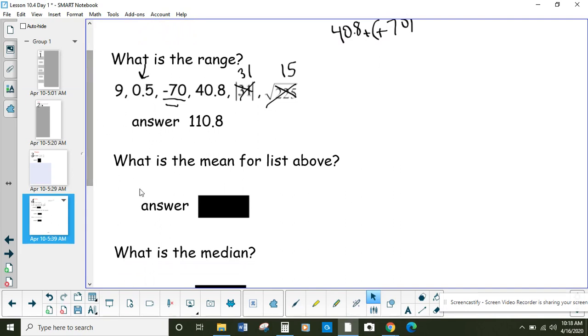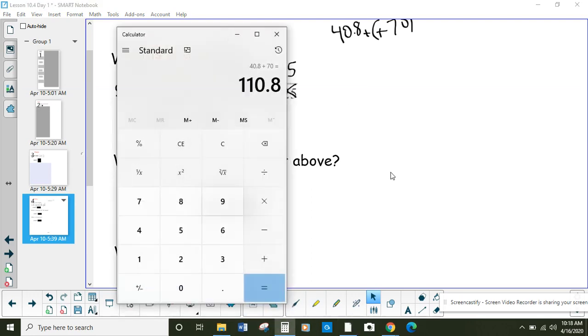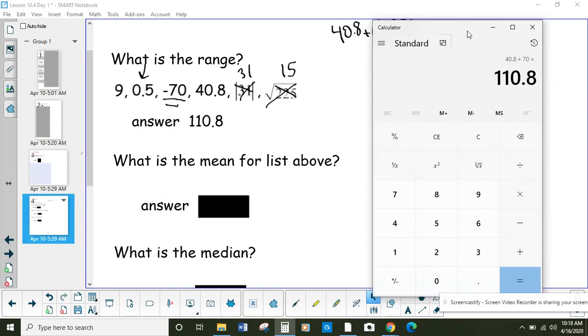How about the average of these? I want you guys to pause the video and see if you can find the average on your own first. So to get the average, we would add all these up. Remember, we use a simplified version of these numbers though. So to add them up, I just go 9 plus 5 tenths plus, now watch how I do negative 70